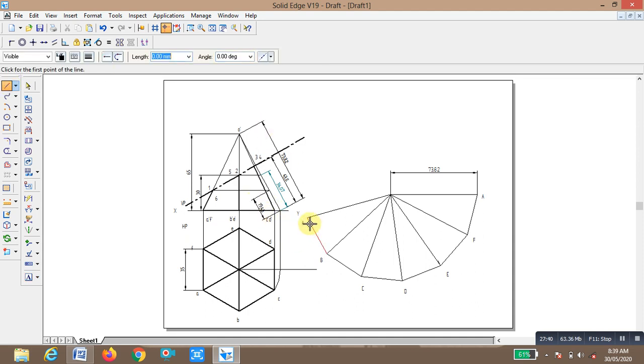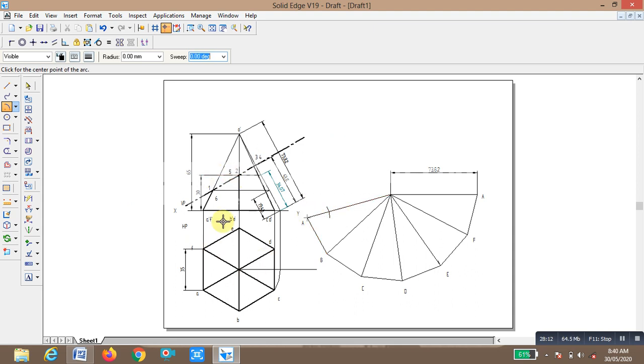So this is 19.43, enter, you draw the arc here. Similarly on B the height is 34.07, arc on B is 34.07, enter, you draw the arc.